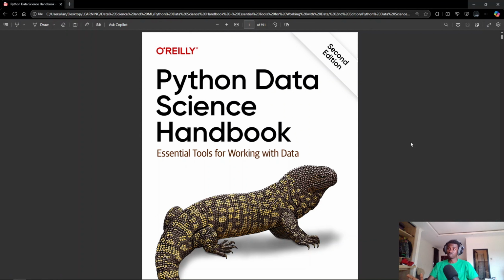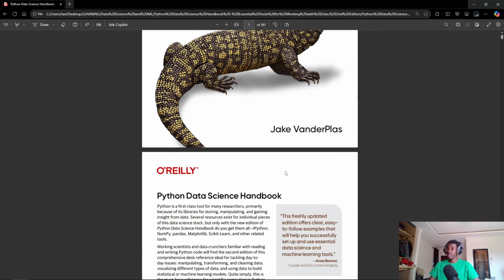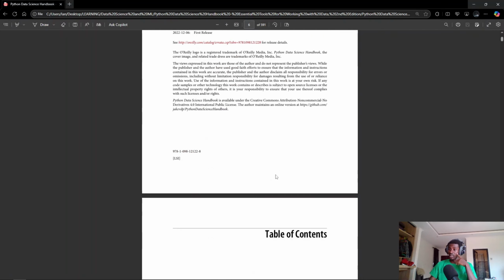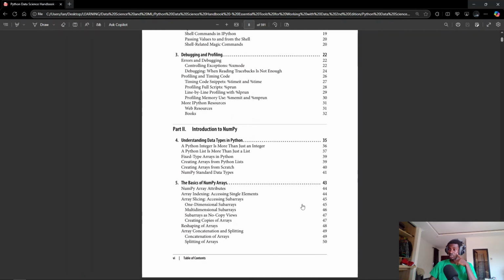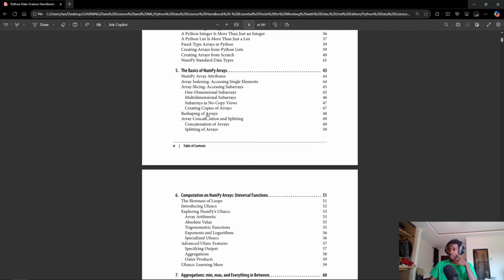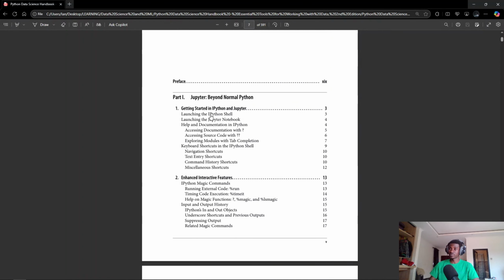If you want this book to stick, I recommend you practice with me or even take it a step further at your own time. So again, this is the book that we'll be doing. And just for context, I'm right here on the book, but we are starting from enhanced interactive features because I'm going to assume